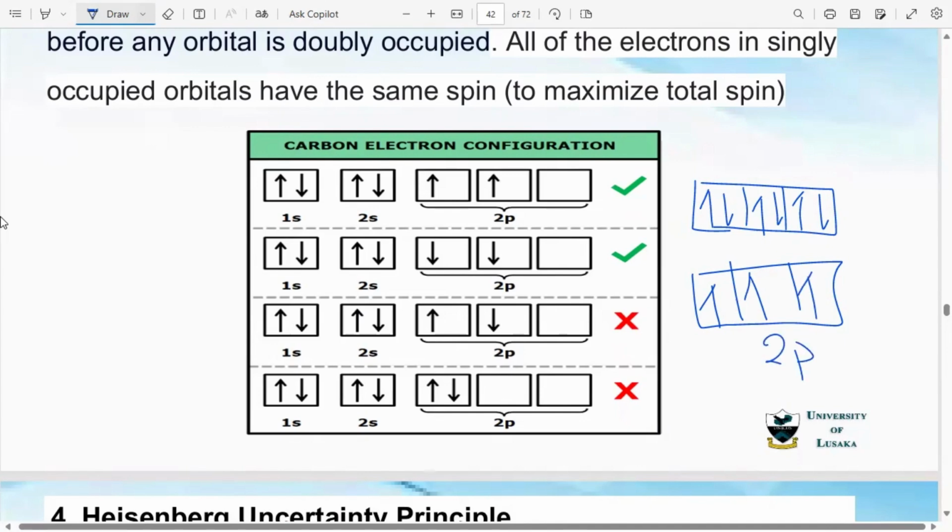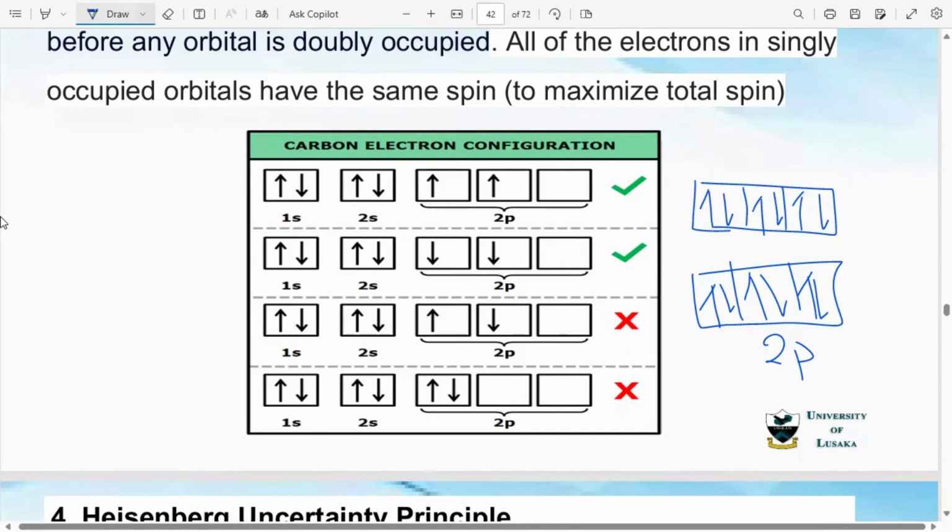Take this 2p orbital, for example. If you only have three electrons in the 2p orbital, they should singly occupy those orbitals. Whilst if you have 4, it is going to occupy here. If you have 5, it is going to occupy here. If it's 6, that means the 2p orbital is full and it finishes the occupation in that manner. So that is simplifying